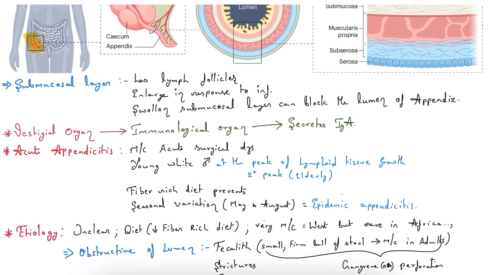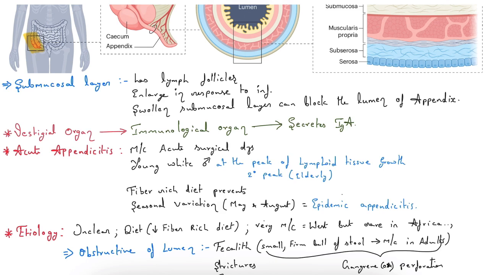This condition we call lymphoid hyperplasia. Then after it blocks, we can see ischemic and gangrenous appendicitis. Okay, next, as we discussed before, the appendix is a vestigial organ. Vestigial organ here means it acts as an immunological organ, secreting immunoglobulin A, IgA. Acute appendicitis is the most common acute surgical disease,